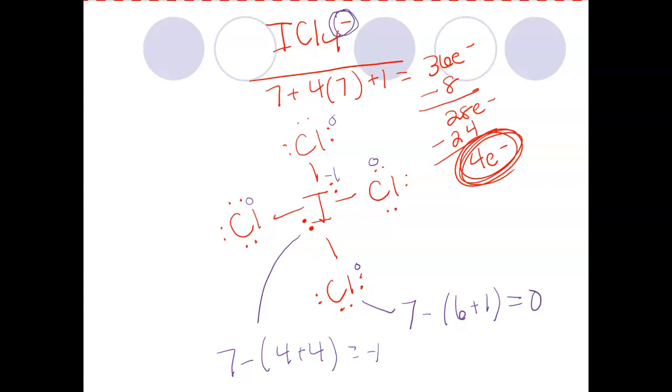Okay, so there's that one. So that one we didn't have to do double bonds or anything. It had more than 8 valence electrons because I had to use all the electrons and I had to put them somewhere, and the central atom is the only somewhere. So our next one is going to be